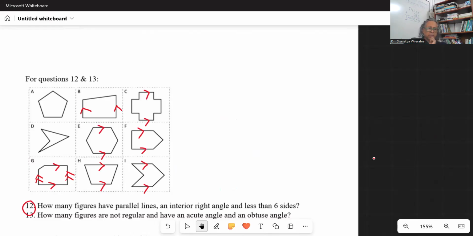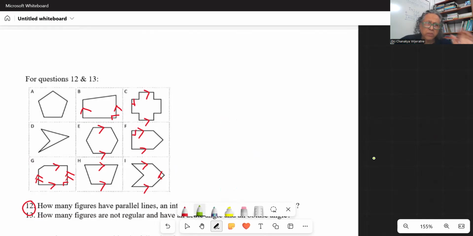An interior right angle. Right angles are shown like this. So there's a right angle there, interior. This is also a right angle. So no right angles here. So there's a right angle. And here is a right angle. No right angle in H. Here there's a right angle. Right? So let's now